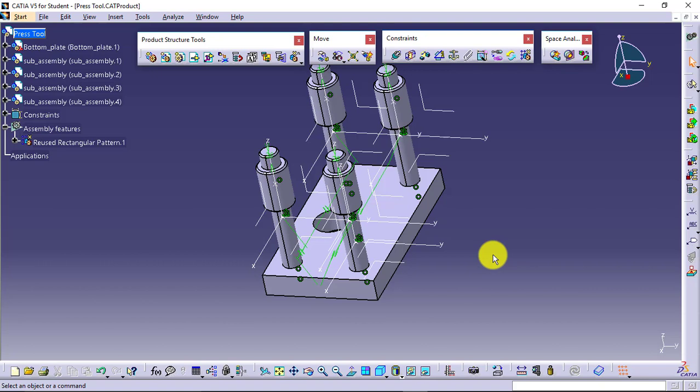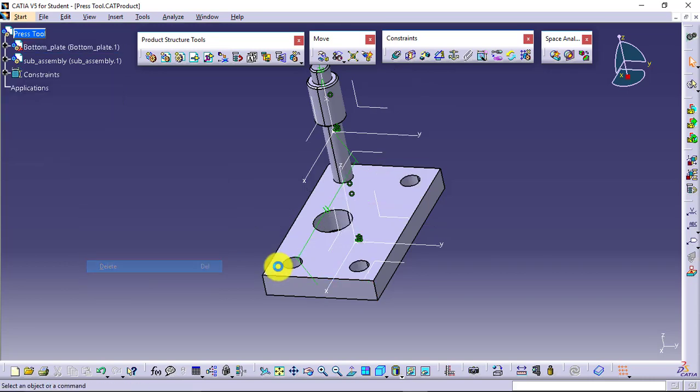Instead of that, what I had done, for 2 parts I have created one sub-assembly and then used pattern. So within very less time, with less effort, I will be able to get the final result over here. This is what advantage of pattern as well as sub-assembly is.